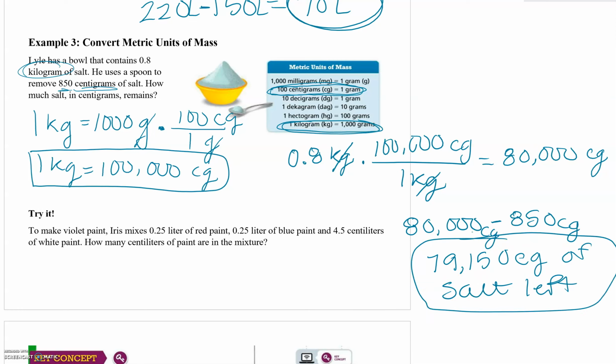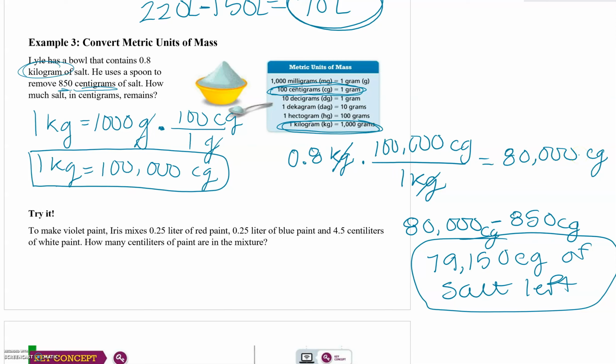This one had a few steps. So the first step that we did, we went back and made our own conversion factor, since there wasn't a direct line over here in our little table of conversion factors, and then used that conversion factor that we created to get where we